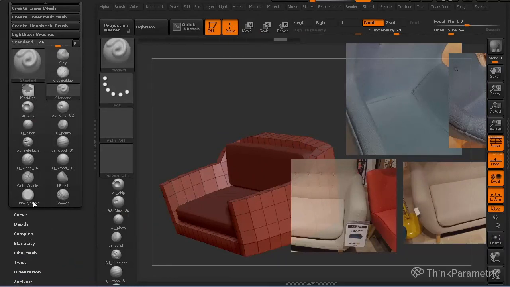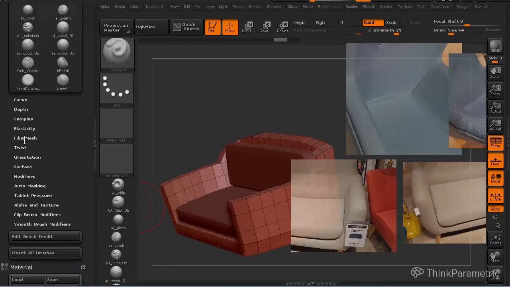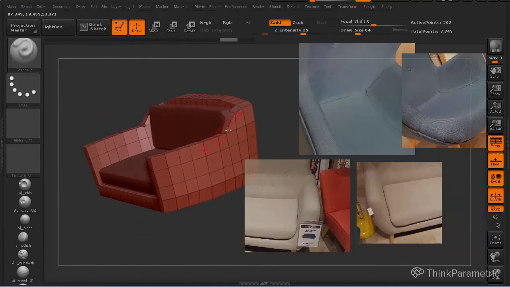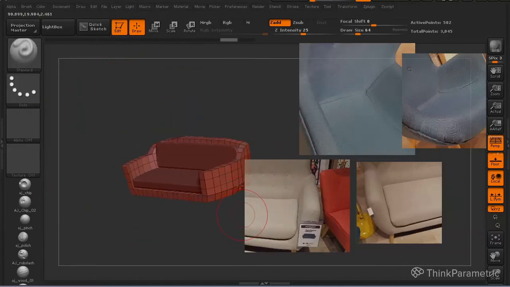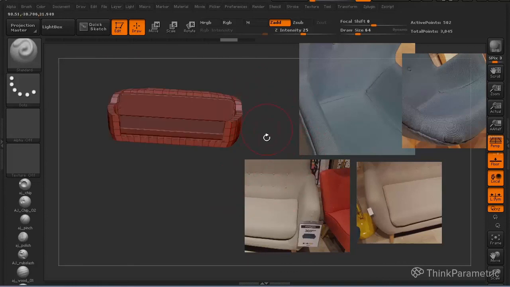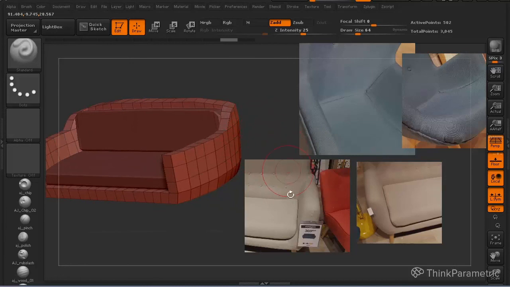The way to disable this image as a mask is by going to the brush panel, and in the samples part you need to disable spotlight projection. Once you do that, you can sculpt everything as always. Well, that's it for now. So let's get started with high poly modeling this bad guy. Okay, so let's do it.